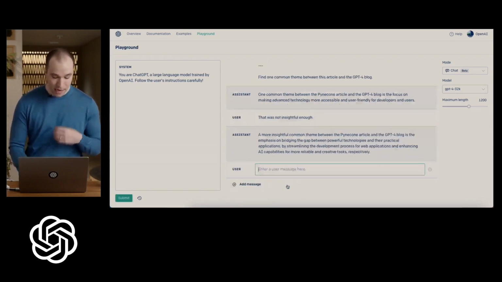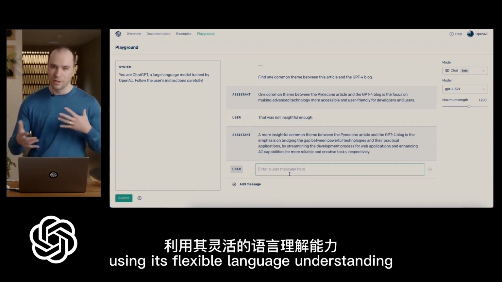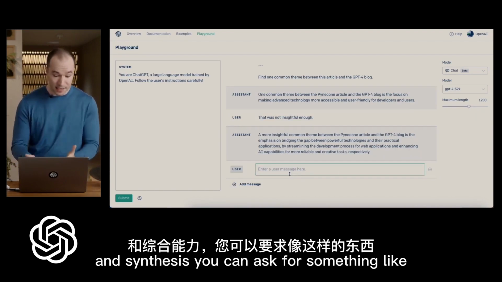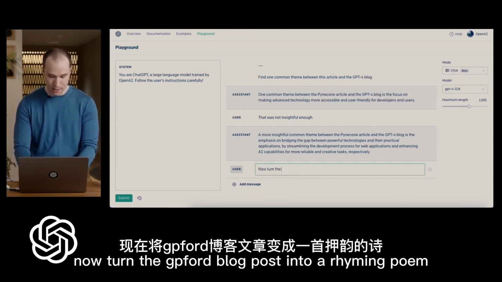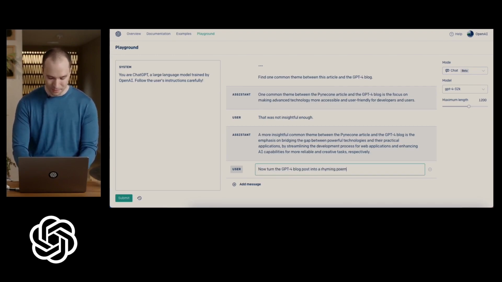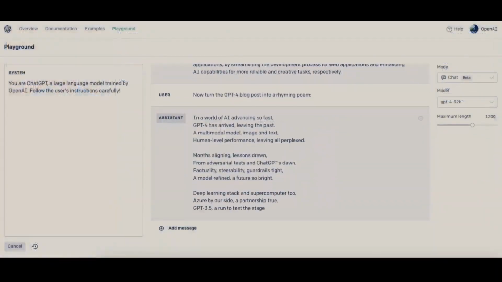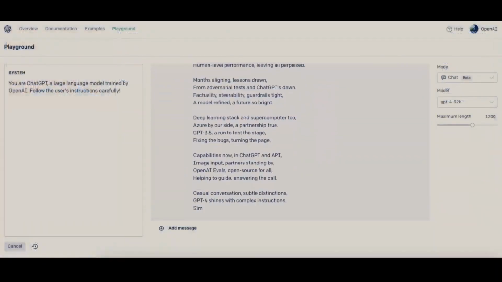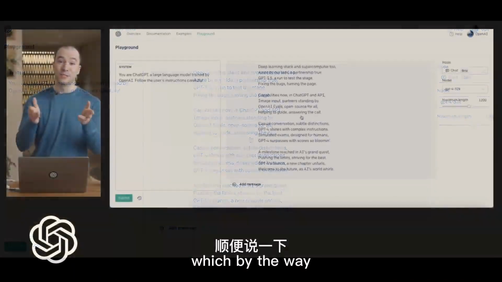Seems not bad. And of course, you can ask for any other kind of task you want using its flexible language understanding and synthesis. You can ask for something like, now turn the GPT-4 blog post into a rhyming poem. Picked up on OpenAI evals, open source for all, helping to guide answering the call,